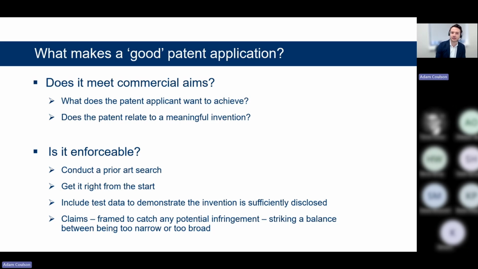The claims of a patent application define the scope of the protection sought. The claims define your invention in terms of a list of features which are found in your invention. Now, a good patent application will ensure that your claims are framed to catch potential infringements, while also covering your commercial product or processes. Typically, the broader the scope of the claims, the better, as this will capture more potential infringements. However, this will mean that there is likely to be more prior art considered relevant to the invention. So it is important to strike a balance between the claims being too narrow, but also too broad.